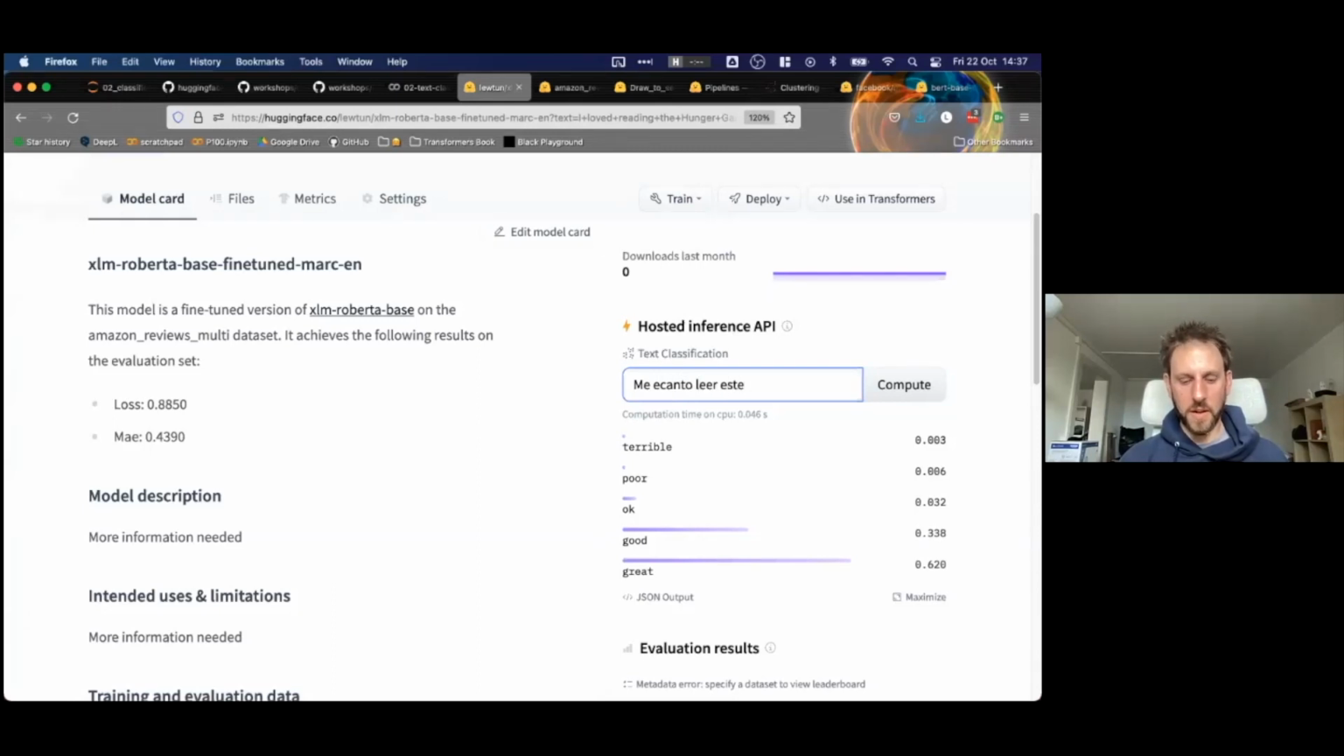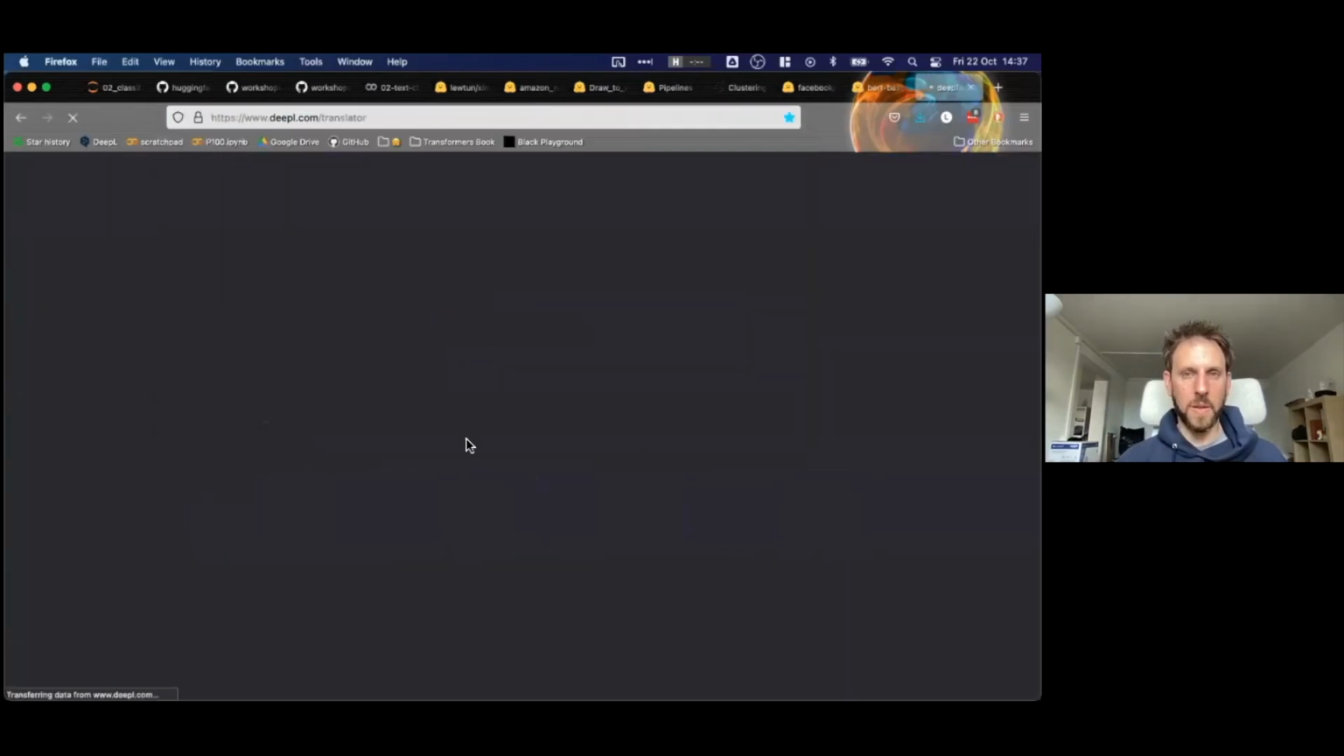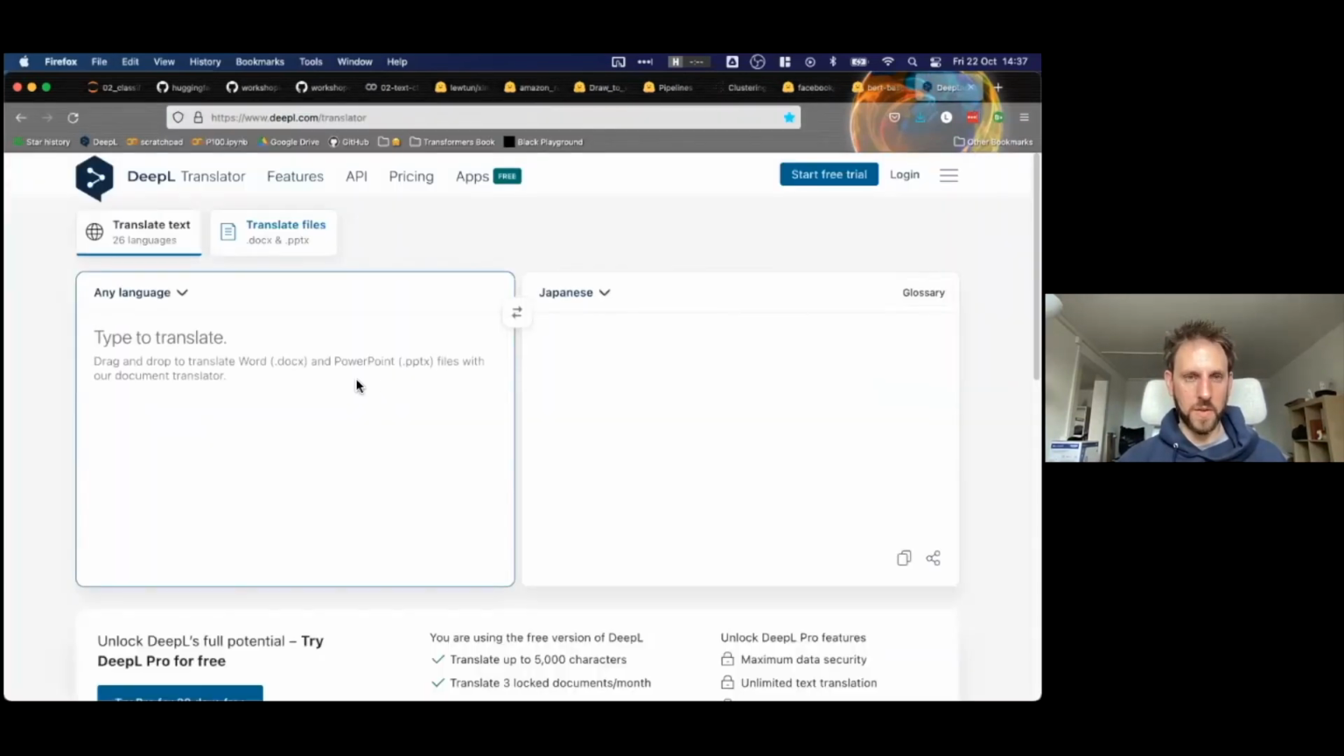So I could write something in Spanish, and it will still be able to compute what the sentiment or the star rating of that review is. And for example, if we take a Japanese example, since I don't really remember a lot of my hiragana, I could say something like,